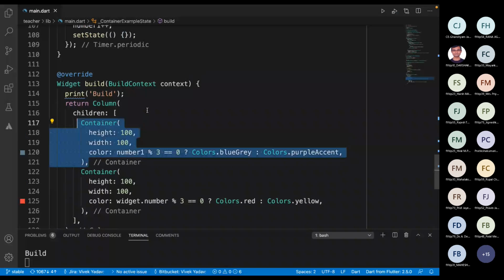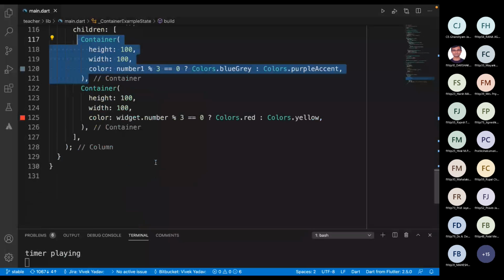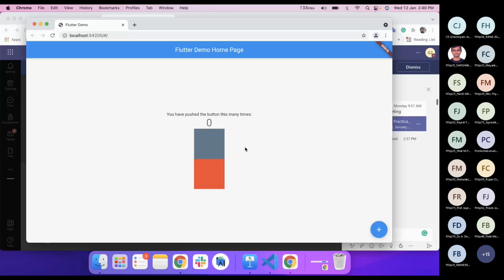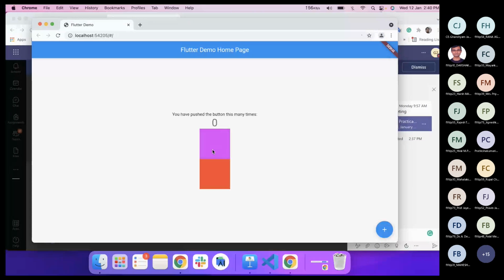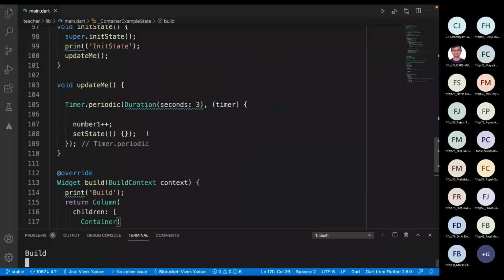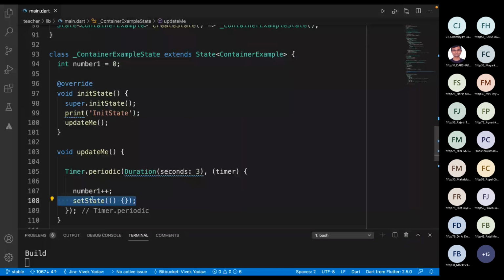We can make it faster if we update this code. So number is divided by 2, change color. We can see purple, gray, then again purple, and then gray. And it is possible because of the stateful class only. When we had the stateless class, we didn't have the setState function, and that is why we were not able to run anything.